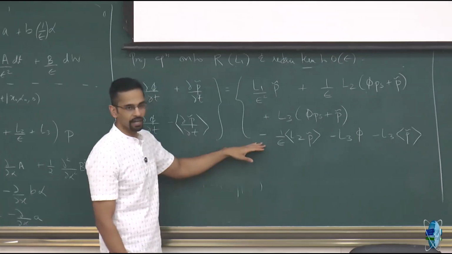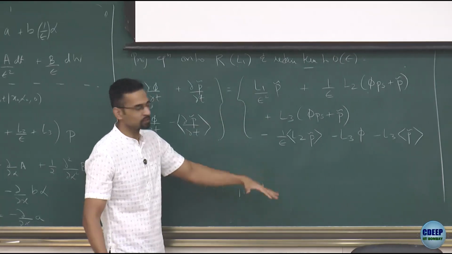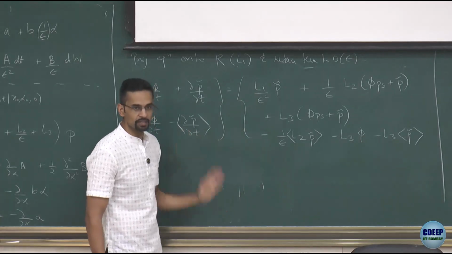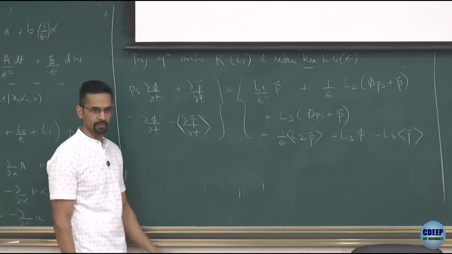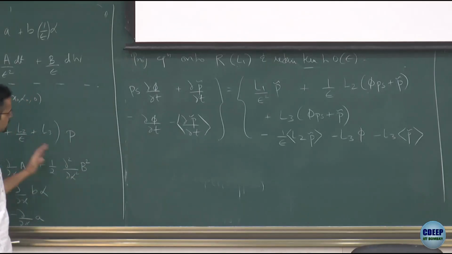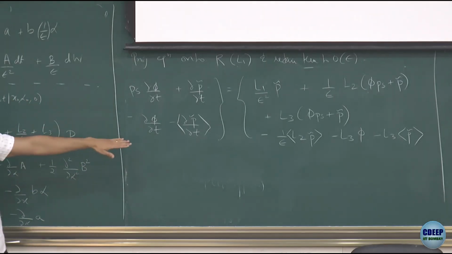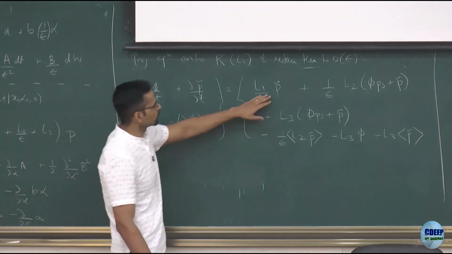But now it's guaranteed to lie in the range because I have projected the equation onto the range. So this equation is solvable. The original equation will not be solvable. I'll have to subtract out the range complement. Okay? So if we had just proceeded without this projection, again, if in the center manifold,